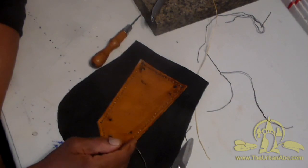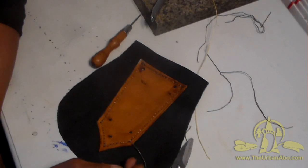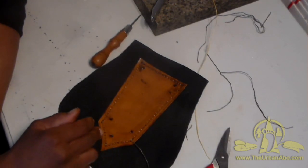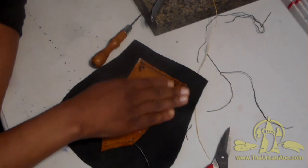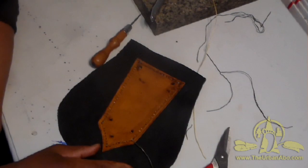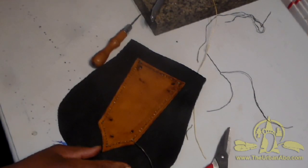I may not have to do all that, but if one wants to be fastidious about it, that's the way I would do it. And then continue just saddle stitching all the way around. Hopefully it stays in place, and that's it. And then we get to work on these